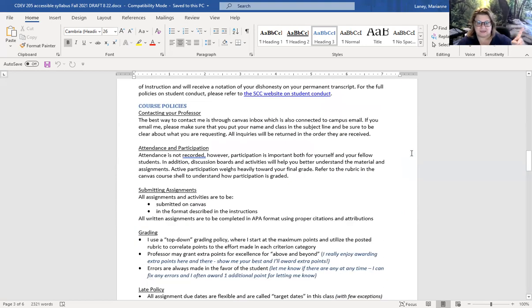Always contact me. I use the Canvas inbox and Pronto, so you see me go back and forth on that. I have to be in Canvas to use the inbox, but Pronto is on my phone. So sometimes I'll get right back to you because I can, and sometimes it'll take me a minute. But I'm usually checking my Canvas inbox and Pronto several times a day, usually in the morning before I even get ready. I get the kid on the bus, and then I go check my inbox.